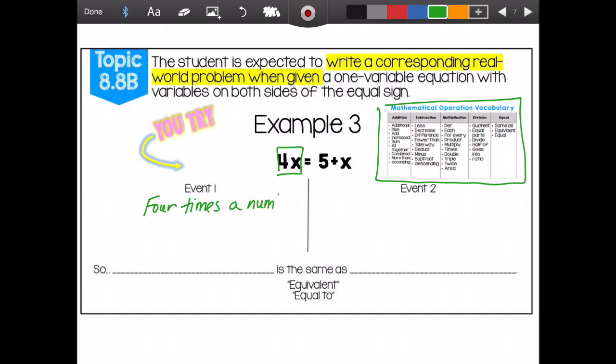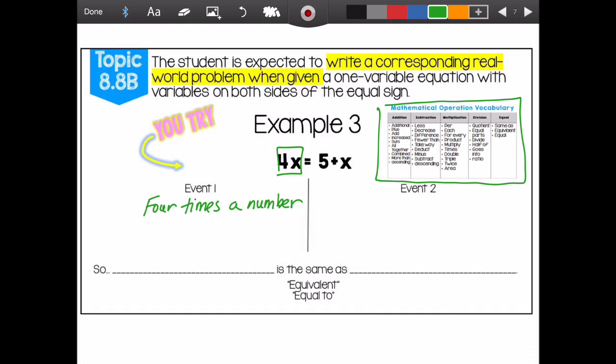All right, it's plain and simple. Okay, and moving to the right side, we got 5 plus x. So several ways you could have written this one. You could have said the sum of 5 and a number. You could have said 5 more than a number, or you could have said